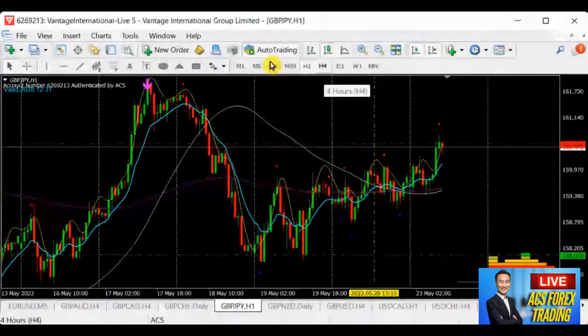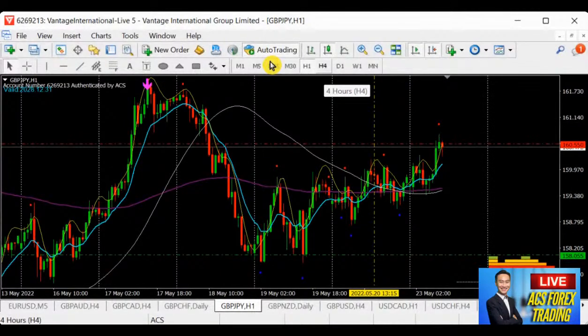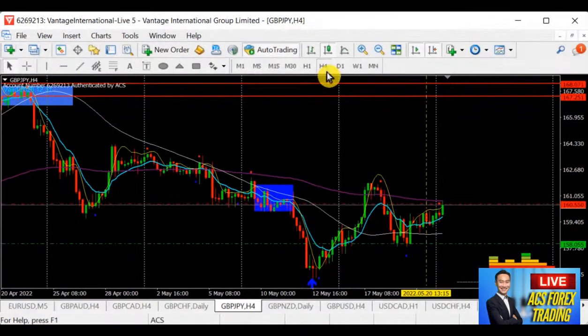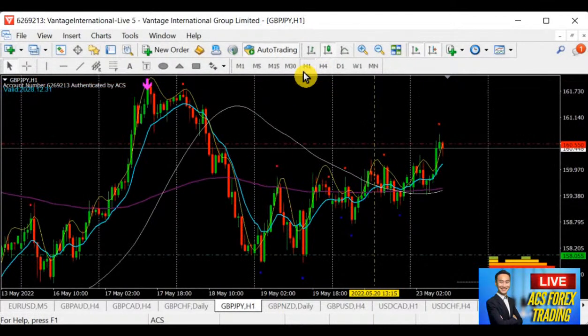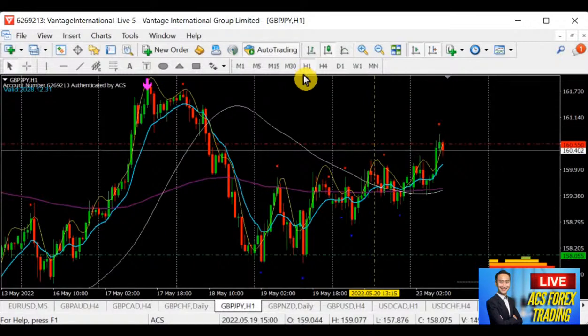The H1 is currently having a retracement, but it is a retracement within a bear market. So at this stage the retracement may start to weaken, and it may drop back down into the bear trend. Over here we can see that the pound franc, we are trying to build a selling signal. So very likely it's going to build up, maybe it will come back as bear. Yes, it's very likely.